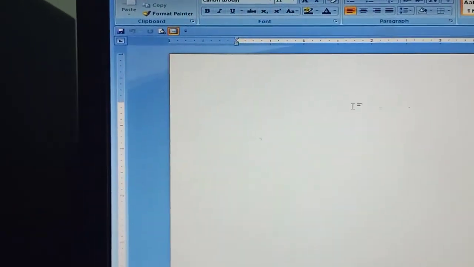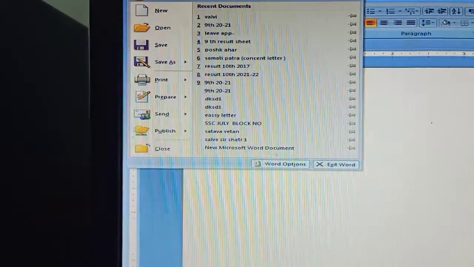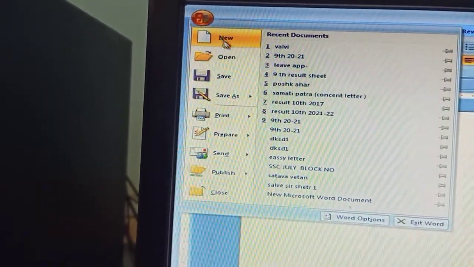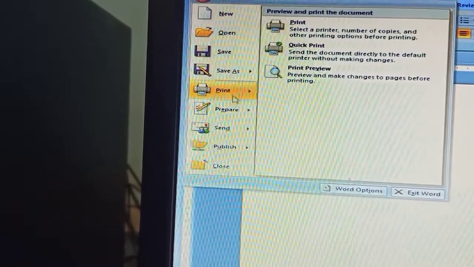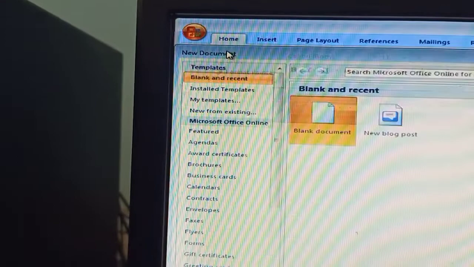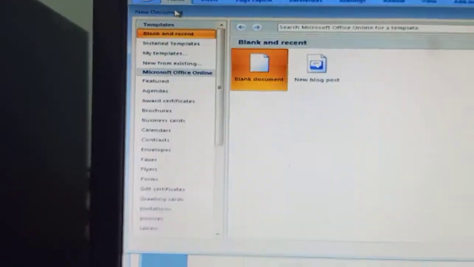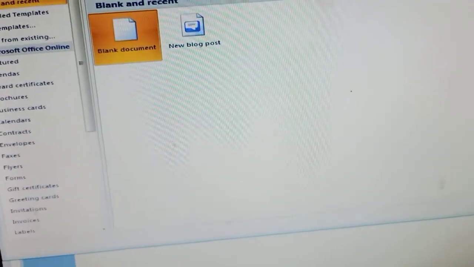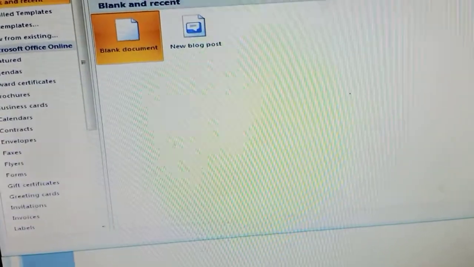Before going further, we have to click on this icon, then you will get new, open, save as, print, all things. Click on new. If you click, you will get the new slide, with a blank option.